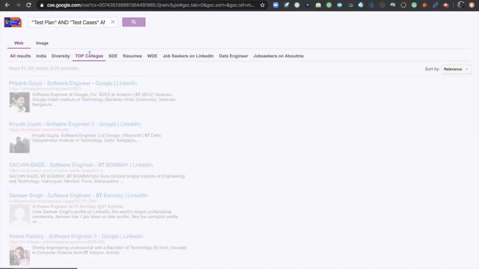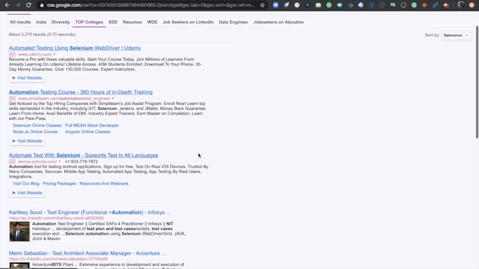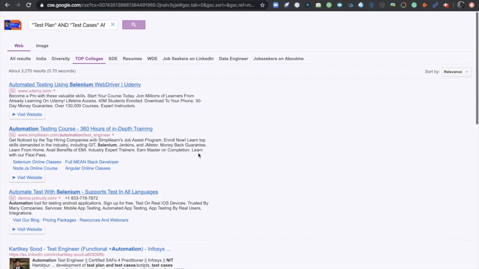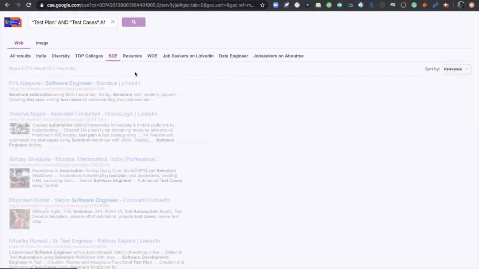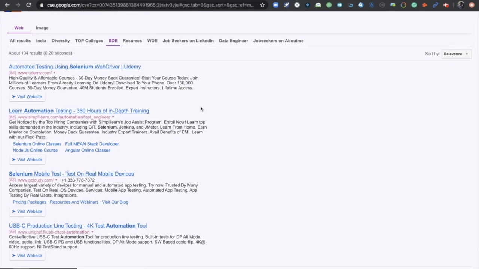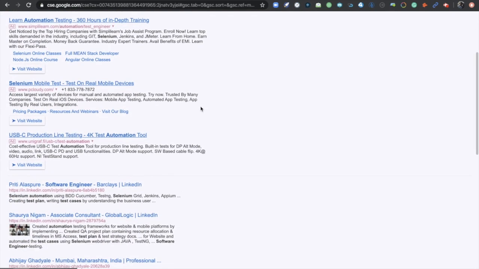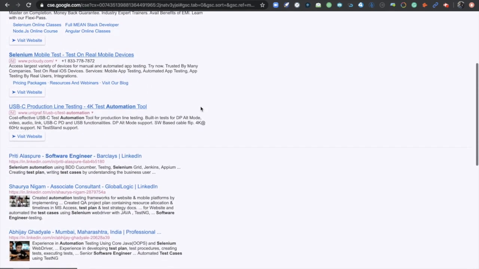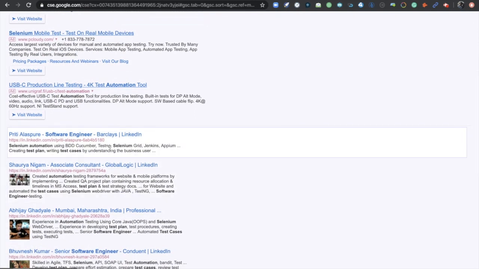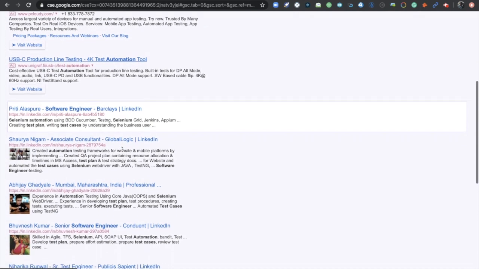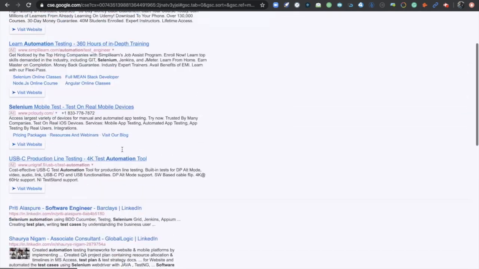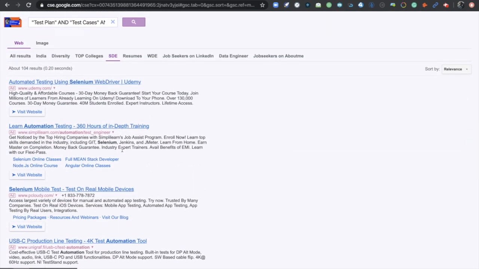If you need top tier college candidates, you can select this one. So let's see a combination of it. Software development engineer who has this particular skill set. There is a candidate whose job title is software engineer, but he has worked on all the skill set mentioned. So these kinds of filters would help you get quality results by writing simple queries.